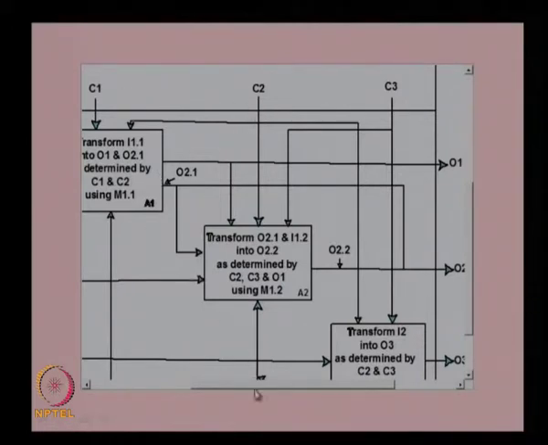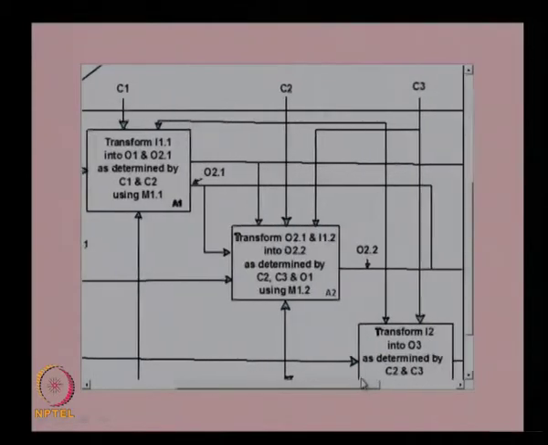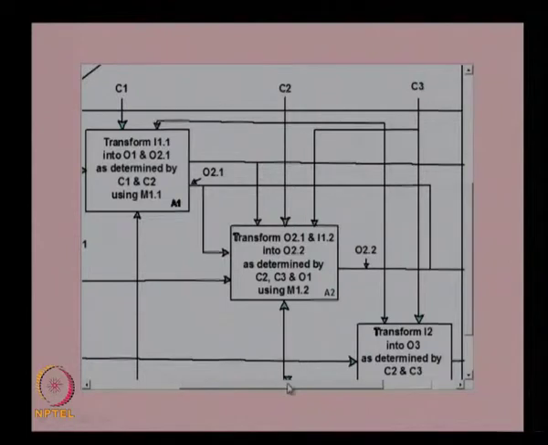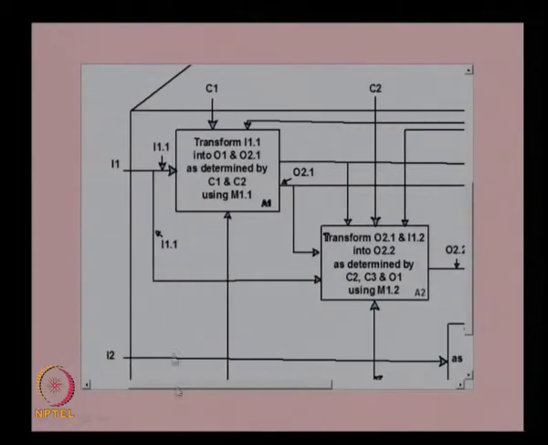But the beauty of this representation is that we can show all the inputs and the controls as well as the outputs separately and their interaction between the sub functions. As you can see here, the output from A1, which is the output O1, is going to A2 as a control input, and then this is going to this as another input also. O2.1 is going as an input. Similarly, the output O2.2 is going from here, and that is again coming from A1 also. So like this, you can have different interactions between these controls and outputs within the function. So this can be represented using the IDEF0 diagram.